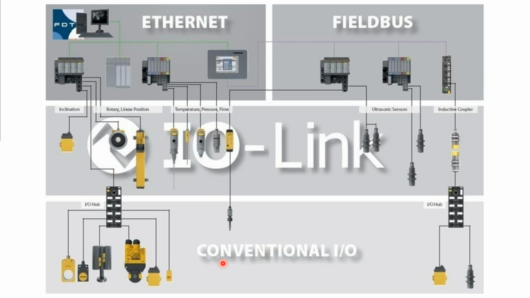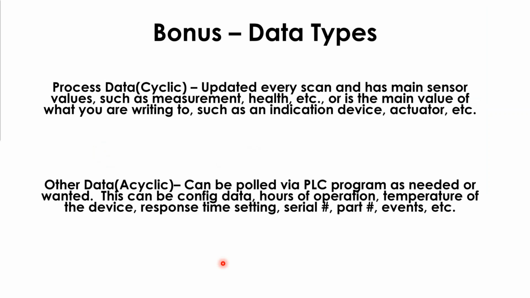So what kind of data do you get? Well, again, we're not going to get too deep into the technical weeds, but you get 2 types of data. The main type that you're going to get every cycle, every scan is going to be processed data. This is typically your measurement if you're doing a laser measurement sensor, or if you're taking a proportional valve to the right location, and this is going to be the actual location and a digital value that you're going to